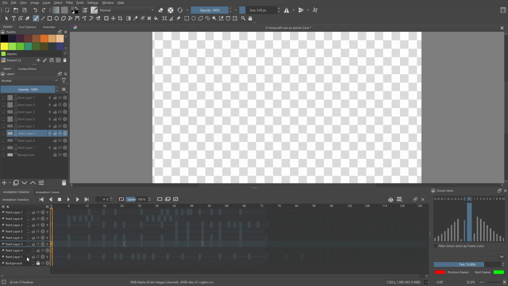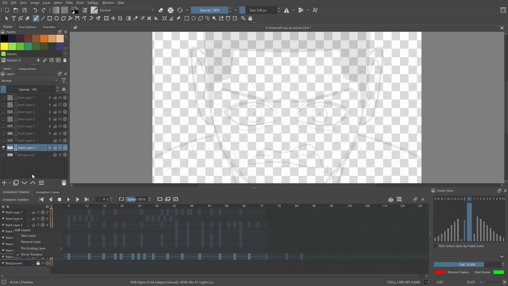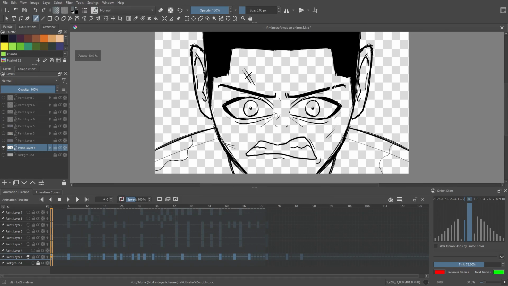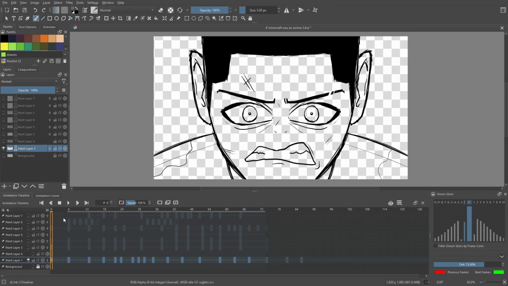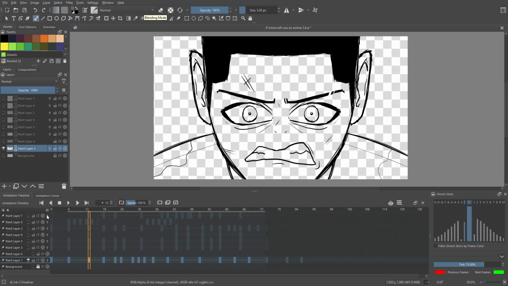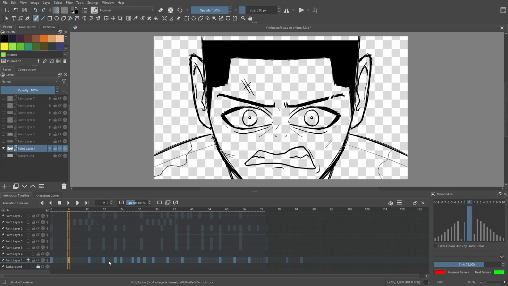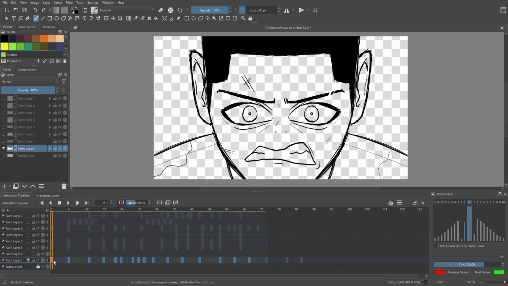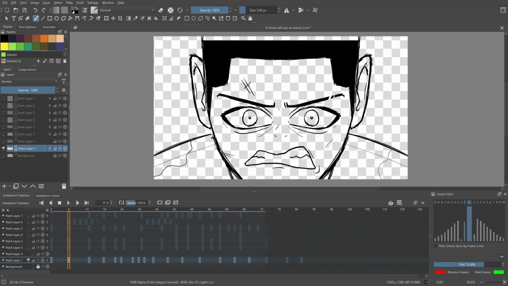Okay, so it started off with the little sketch. You can see faintly in the background. Let's see if I can bring the opacity of this layer back up a little bit. There we go. All right, cool. So it starts off with the sketch, which is essentially all these little keyframes down here. We're working in Krita right now. So we have all these frames here, which are all these sketches. If I pan through these, you have the first one, you have the second one.